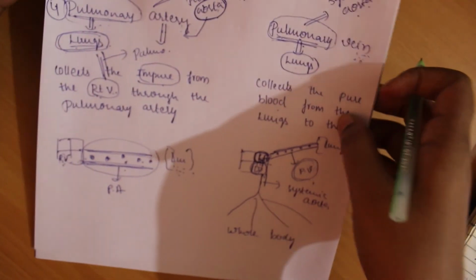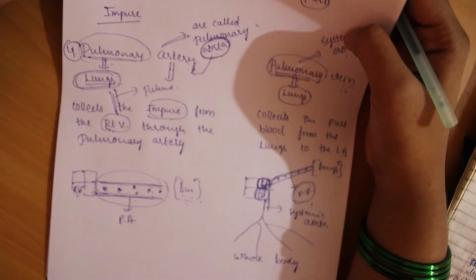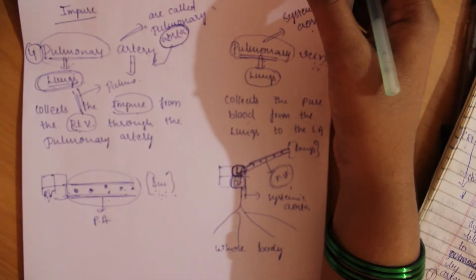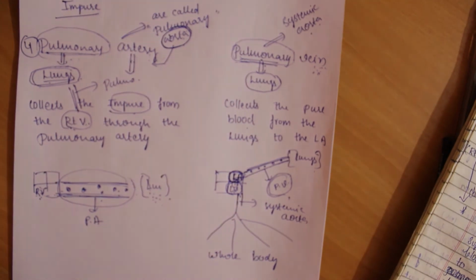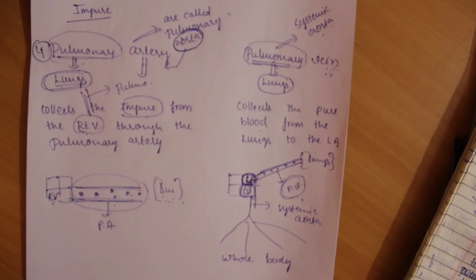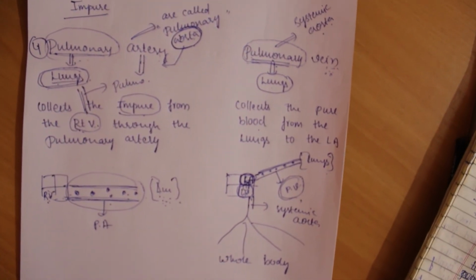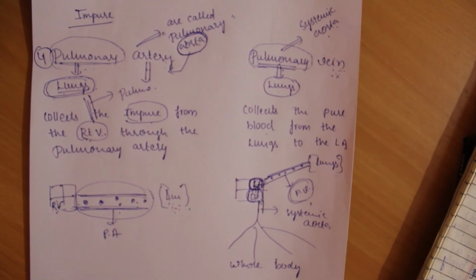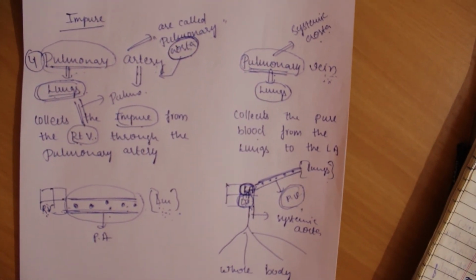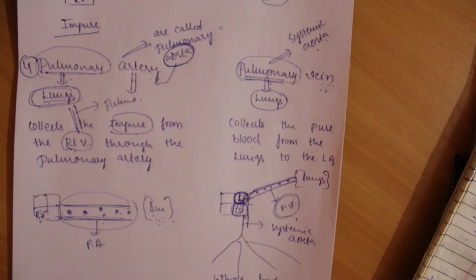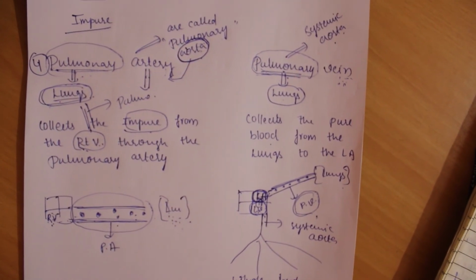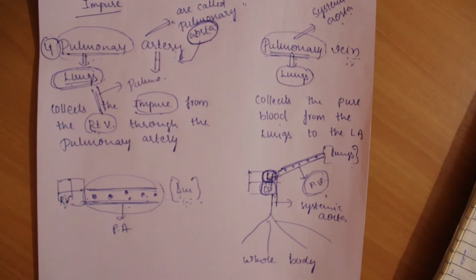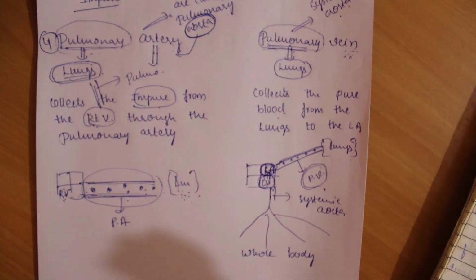In my next video, I will explain about the arteries and the veins, which are primary parts of the heart. I am dividing them into two types and parts. Arteries and the veins are most important, and so I am explaining them in a separate video.